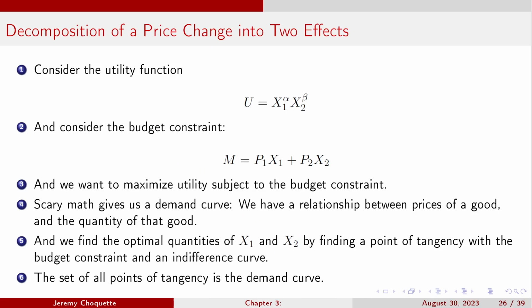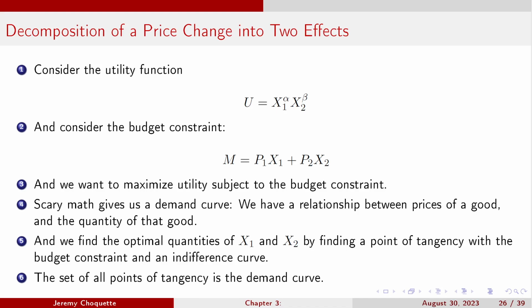Now, I'm going to get into a little bit of math for a split second here. Don't worry, you don't have to solve this stuff out. But let's say you've got this utility function that represents these green curves here. And you've got a budget constraint, right? So you make, like, $100 a month and you can spend certain amounts of your income on X1, certain amounts of income on X2. And what I really want to do is eventually get a demand curve, because then we'll get the relationship of prices of a good and the quantity of that good.